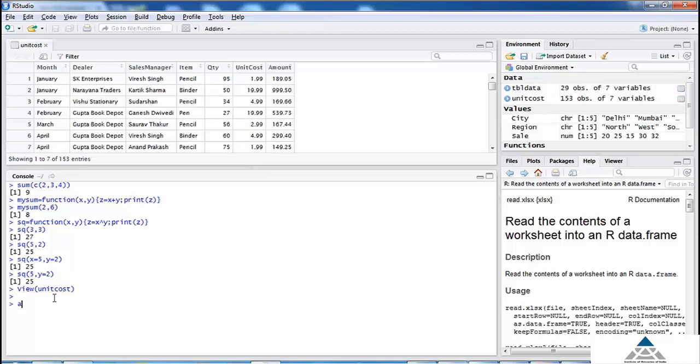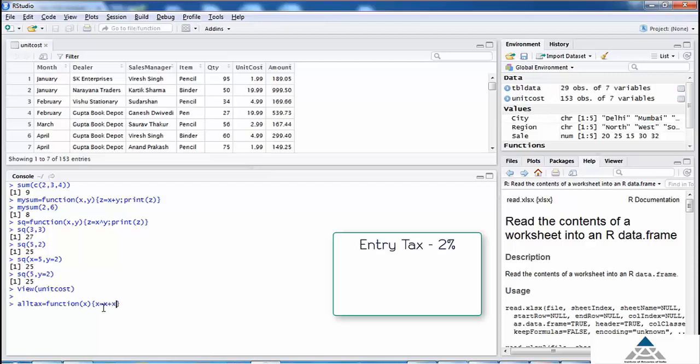Let's call it AllTax. AllTax is equal to function. Within the brackets, let us give some argument. At the moment, call it x. This will be the amount on which different taxes will be applicable. Now we will specify the calculations we wish to do in this function. Write x is equal to x plus x into 0.02.